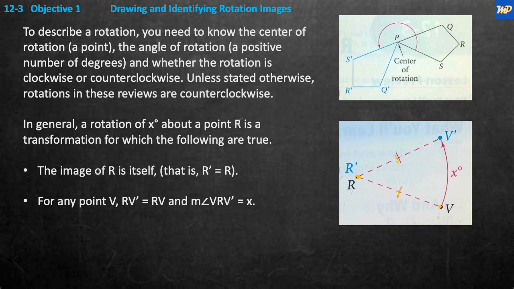So we're going to move V to V prime along an angle of x. It says the image of R is itself. As you see, here's R right here, and its image is the same point. So that is R prime equals R. It never moves. And for any point V, it doesn't matter where V is selected, the distance RV prime and RV, which is the bottom leg here,